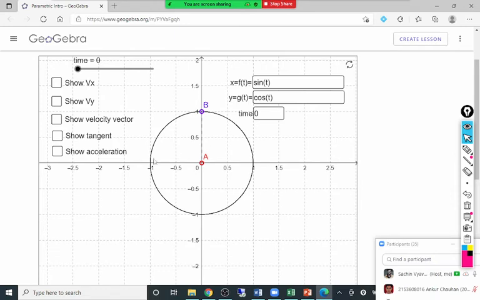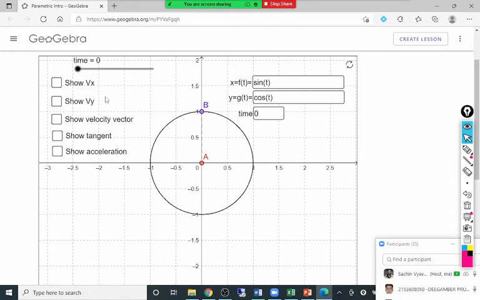Okay. You'll observe x is equal to sin t and y equal to cos t. So you'll observe x squared plus y squared equal to 1. Is it? If x is sin t and y is cos t, x squared plus y squared equals 1. So the curve that is drawn here is a circle of radius 1. You will observe it is passing through the points (1, 0), (0, 1), (-1, 0). Is it?